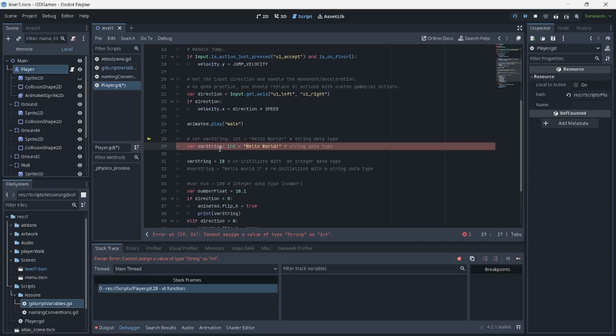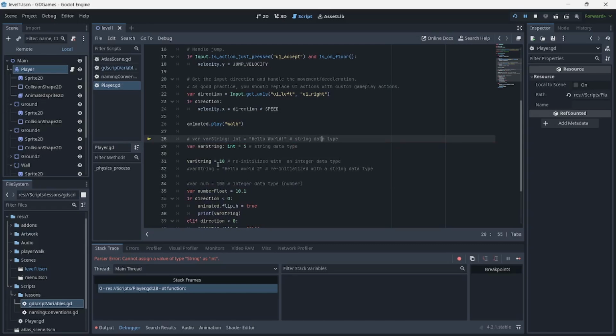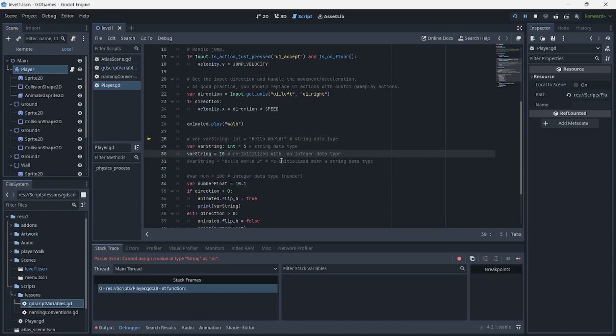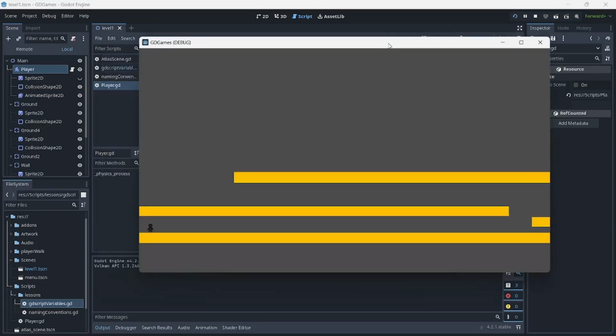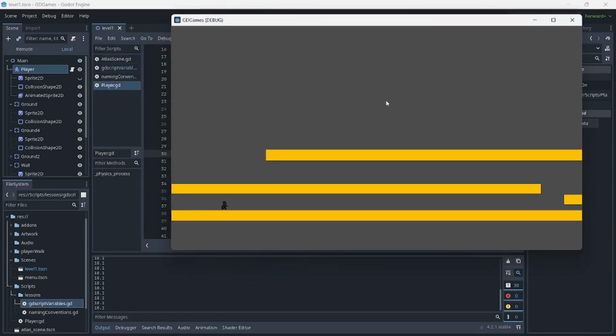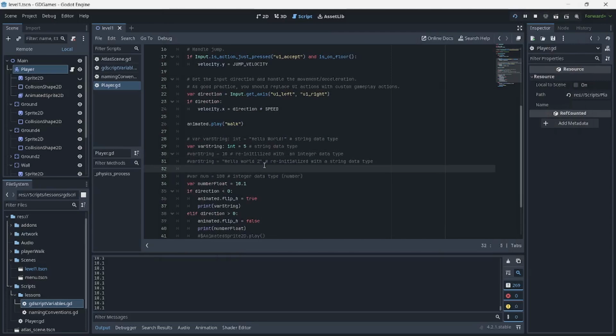But in here, what if I give this a number 5, and this one, we're just going to comment that out first. So we can see, if we try to run this, that we should now be able to print out 10.1 for the float value, and we are able to print out 5, 10, and 5. Okay, so I think that's something that we can do, and that is you specifically saying that this is going to be strictly an integer. This is strictly an integer data type.